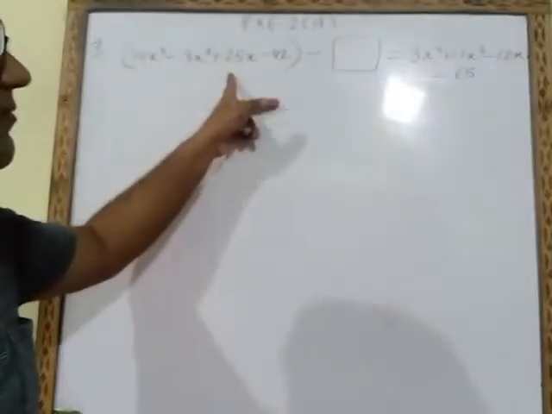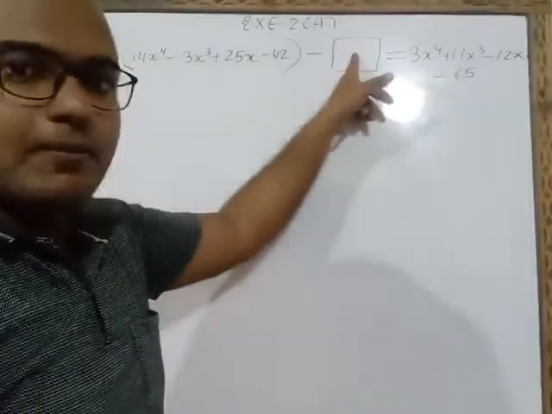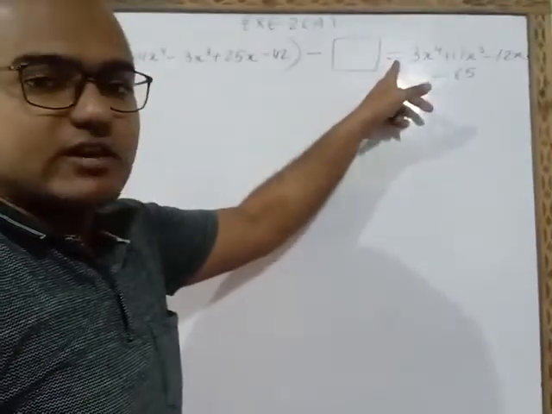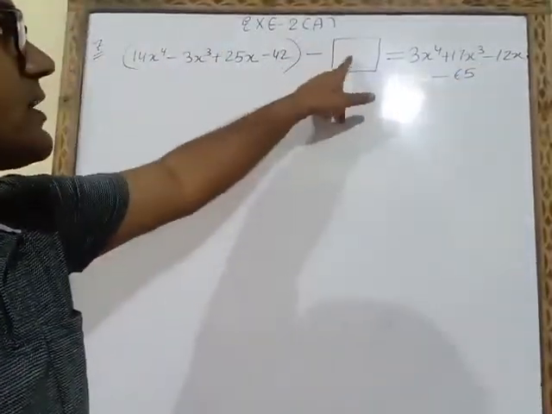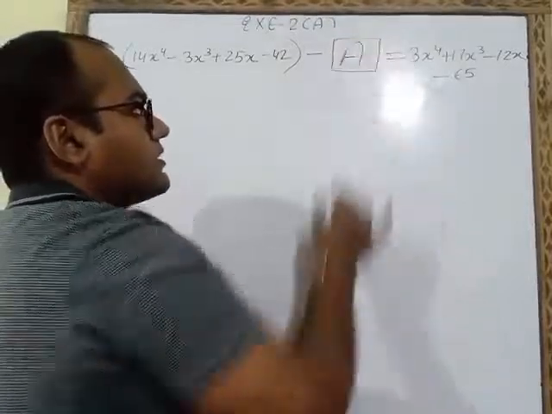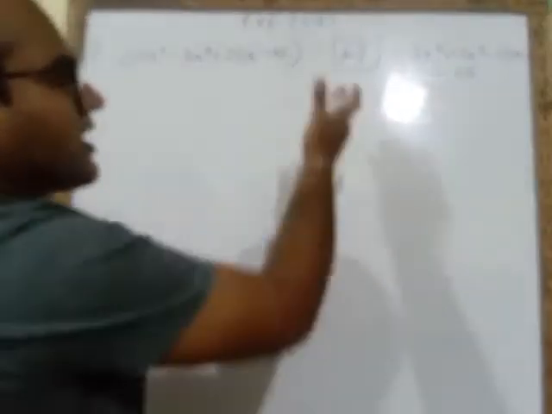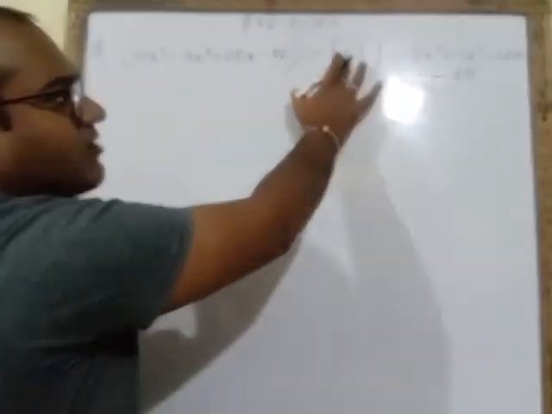So the question is, from this number what we have to subtract. So here I have put an empty bracket to get, means equal sign, this answer. Now what you have to do here, we will fill in one alphabet, let's say capital A. So we have to identify the value of A. We have to find the value of A. What is the sign of A here?